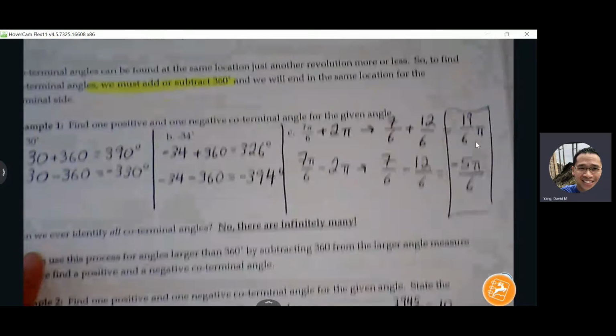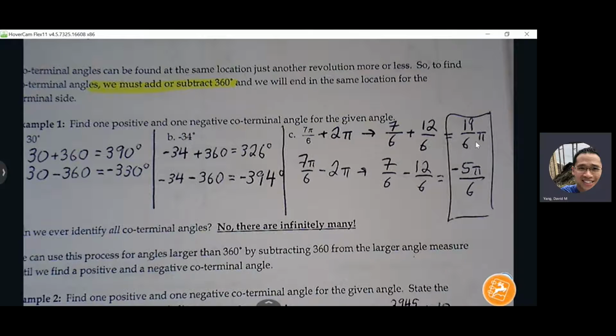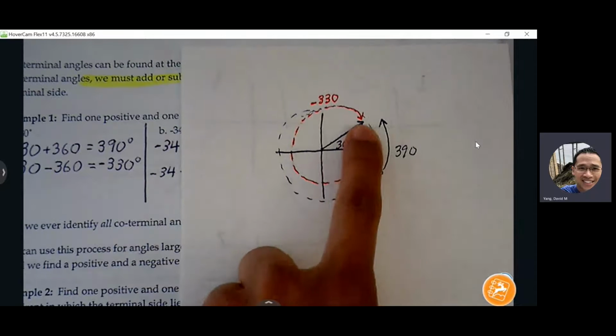So page 20, we talked about the idea of coterminal angles. What we discovered with coterminal angles is that if I want to rotate around a circle, I'm always going to end up the same spot, right? I can maybe go 4 or 5 rotations, but there's only certain angles that we're going to keep repeating. So we talked about how, for instance, if I have a 30-degree angle, I have different variations